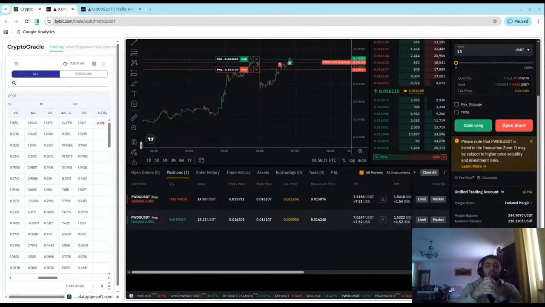Also, if volatility is high, that means risk is high as well. Price could go in our direction, and also it could go in the other direction. And we have to have some mechanisms in order to prevent losses.